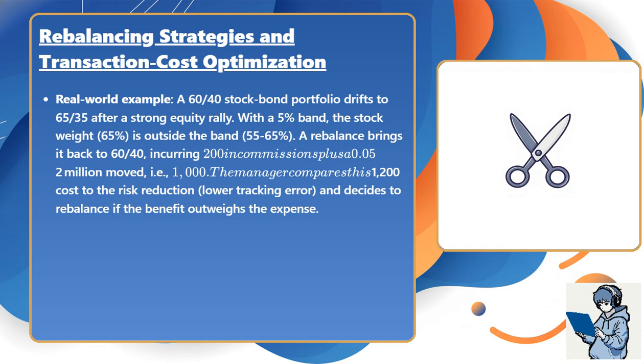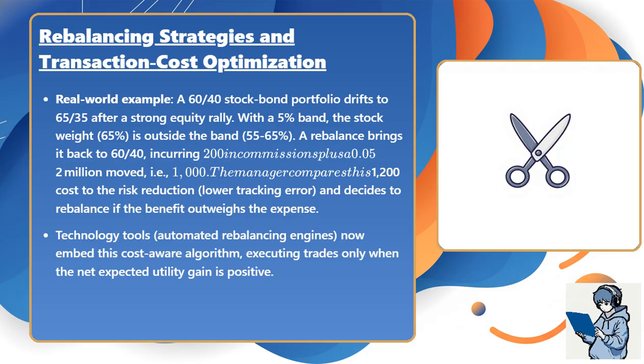With a 5% band, the stock weight of 65% is outside the band, 55 to 65%. A rebalance brings it back to 60-40, incurring $200 in commissions plus a 0.05% market impact cost on the $2 million moved, that is $1,000. The manager compares this $1,200 cost to the risk reduction, lower tracking error, and decides to rebalance if the benefit outweighs the expense. Technology tools, automated rebalancing engines, now embed this cost-aware algorithm, executing trades only when the net expected